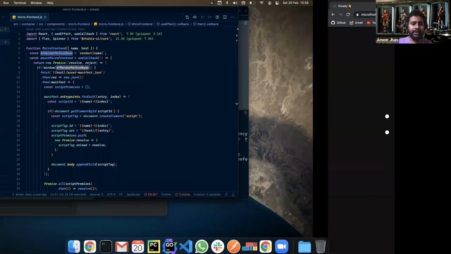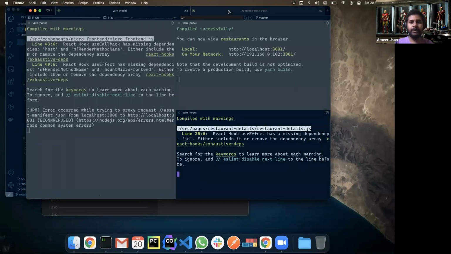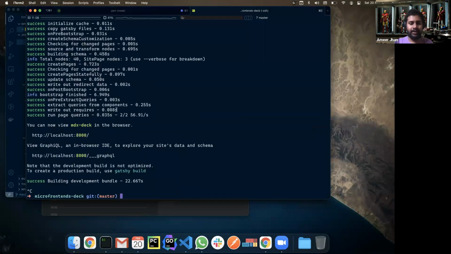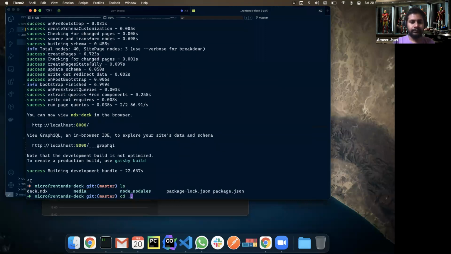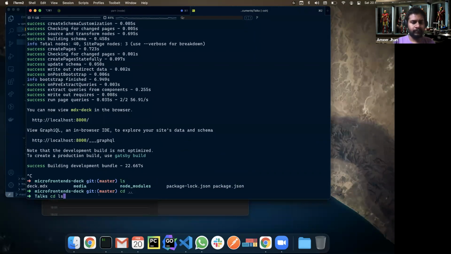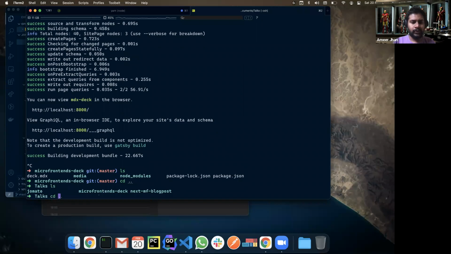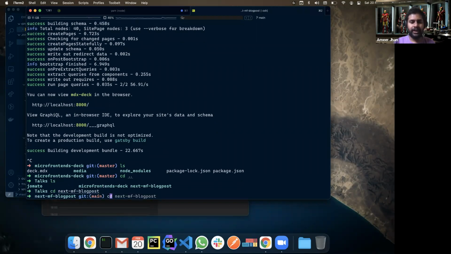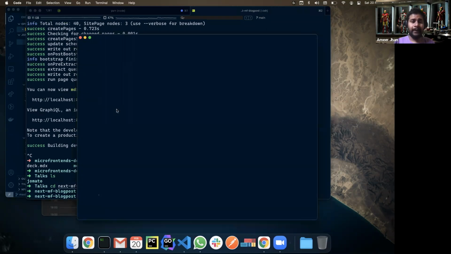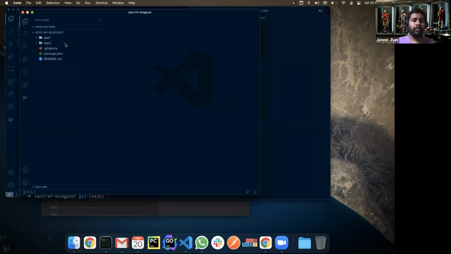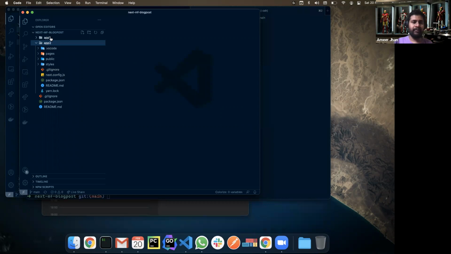I can give you guys a quick demo on that. Hopefully we have a minute remaining. This is an example I took from a very good blog, explaining how Webpack Module Federation works in a Next.js app. If you've heard about Next.js, it is nothing but a framework for server-side rendering of React.